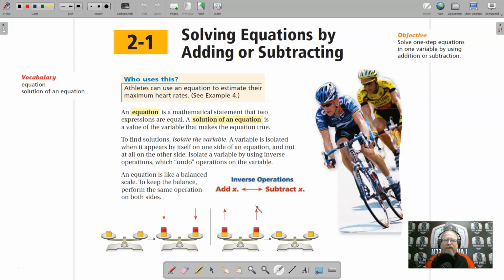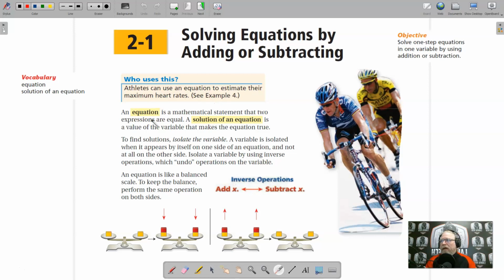Hello, this video is for the Algebra 1, Chapter 2, Lesson 1, Solving Equations by Adding or Subtracting, where our objective is to solve one-step equations in one variable by using addition or subtraction. The vocabulary for this lesson is equation and solution of an equation. Who uses this? Well, athletes can use an equation to estimate their maximum heart rates, and we'll see that in